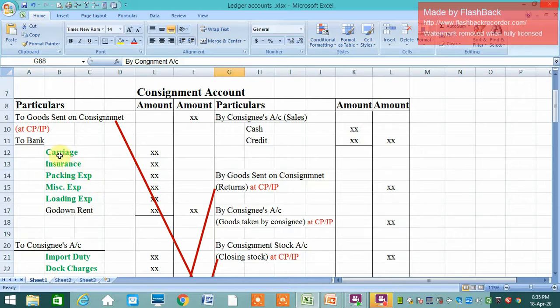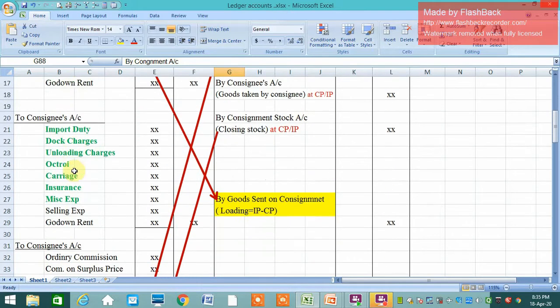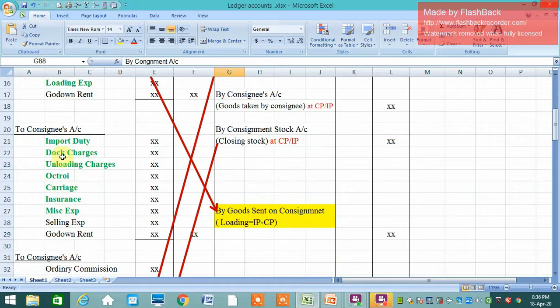For knowing this in detail, the valuation of closing stock, I have made a separate video. You can go through that video, which is already uploaded on my YouTube channel. But I would like to make one thing clear here, that is miscellaneous expenses and insurance. If it is given along with carriage, you have to consider this as a non-recurring expense. If insurance is given as transit insurance, then also it will be your non-recurring expense. But if it is specifically given that insurance is for godown insurance, then it won't be non-recurring, it will be a recurring expense. The same thing is applicable to the consignee's expenses.